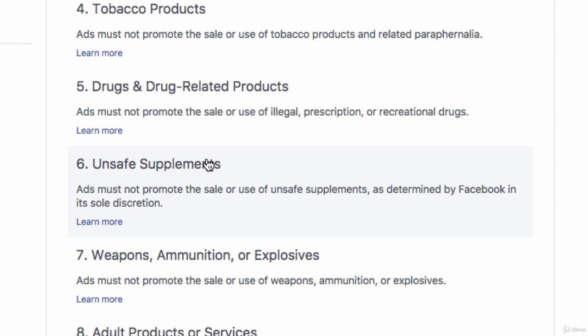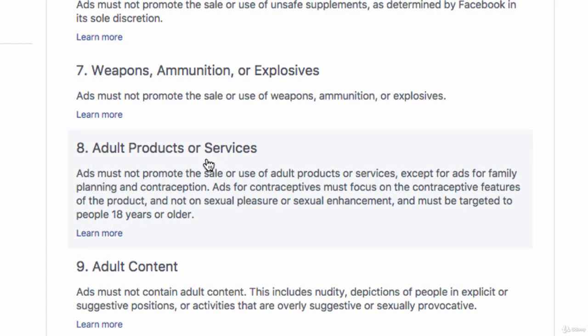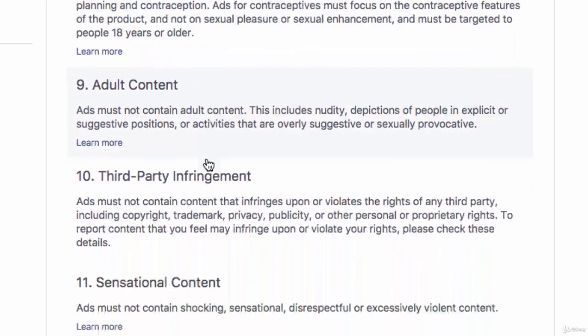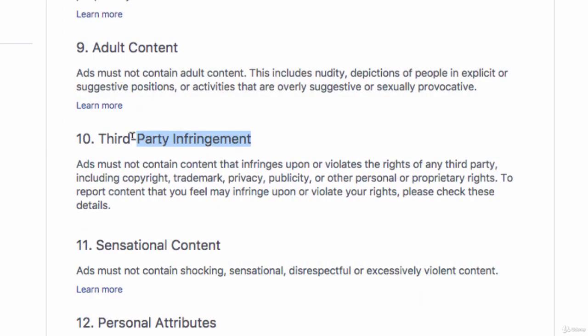Moving down again, some more obvious categories like adult content or products. But down here is another interesting one, third-party infringement. And I have a great example of this. I had a friend who wanted to create a t-shirt company that had printed on the t-shirts the latest memes from around the internet.